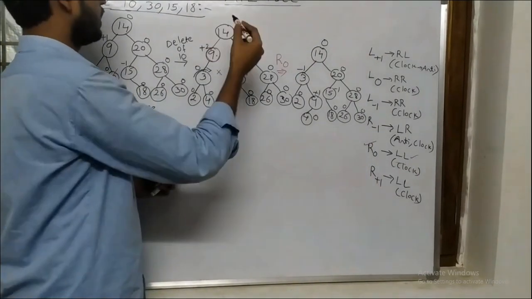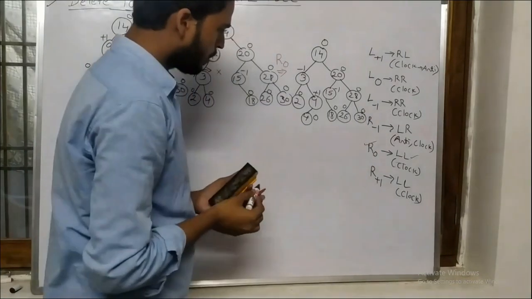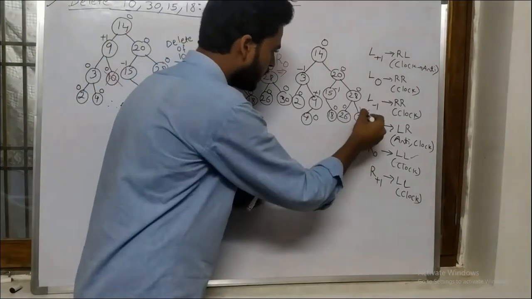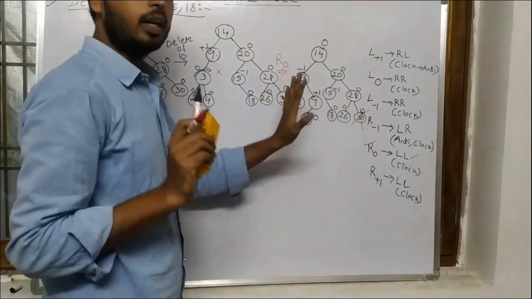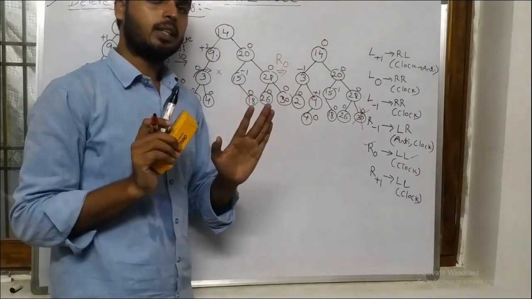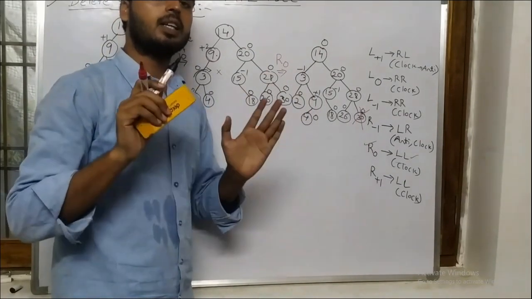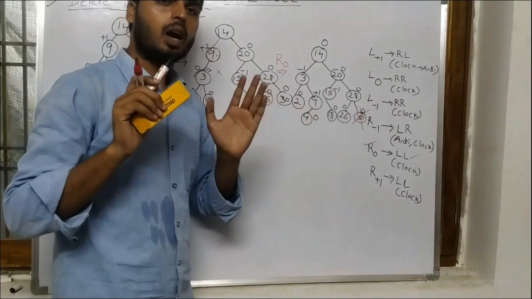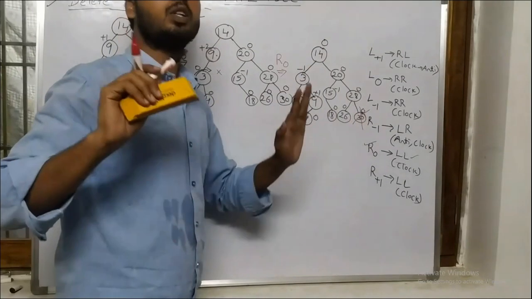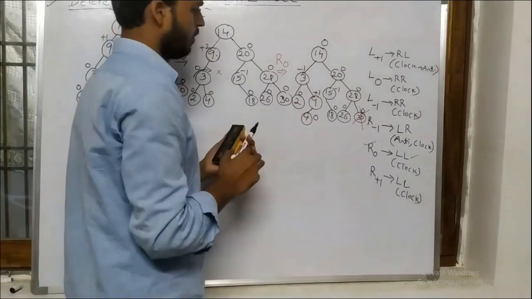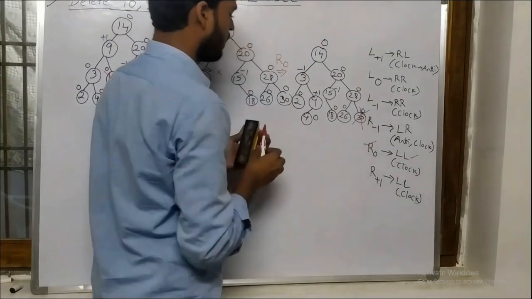Now they are asking to delete 30. If I delete 30, is there any problem? If I delete 30, there is no problem because the root node balance factor is 0. As I already said, if we take a tree, the difference between the left subtree and right subtree balance factor is a maximum of 1. The balance factor is 0, meaning that it won't be affected even if you delete one node. So just write. After deleting this one, I will just update. Otherwise, I will write here.